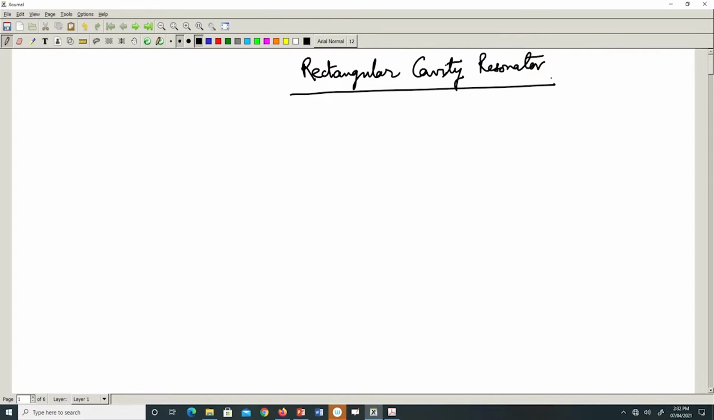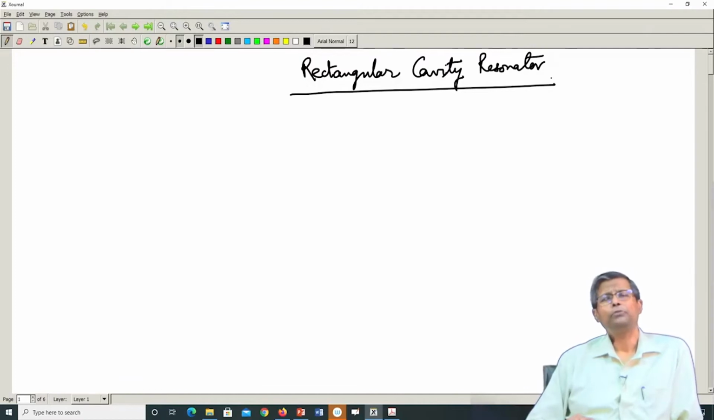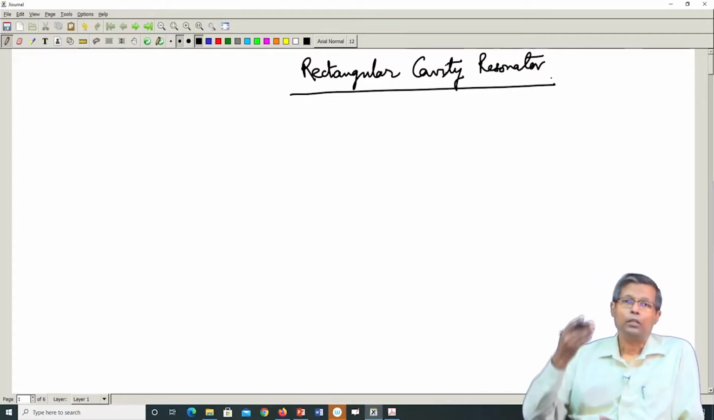So, the first thing we want to understand about the rectangular cavity resonator is the derivation of the modes in the rectangular cavity resonator. We did the same thing for the rectangular waveguide. We first found the potential functions for the rectangular waveguide, and from the potential functions we found the field distributions of the TEz and the TMz mode sets in the rectangular waveguide. So, we are now going to do the same thing for the cavity resonator, only the difference in this case is that